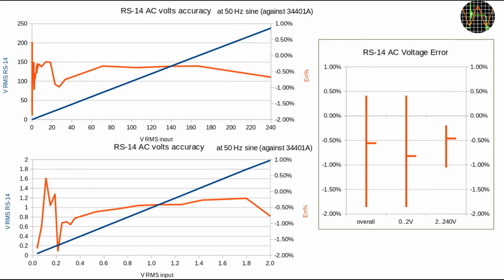The lower diagram is a zoom in of the same data covering just the range from 0 to 2 volts. The increase in error at the low side is typical for these kinds of tests and caused by the fact that the significance of just 1 digit off has an increasing effect on the error percent the lower the value becomes. This causes a steep rise in error, which is caused by limits on resolution and not a problem